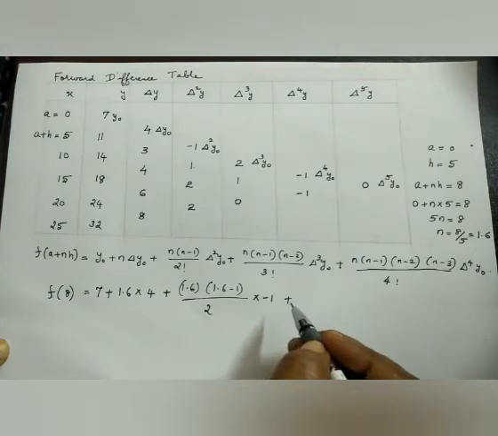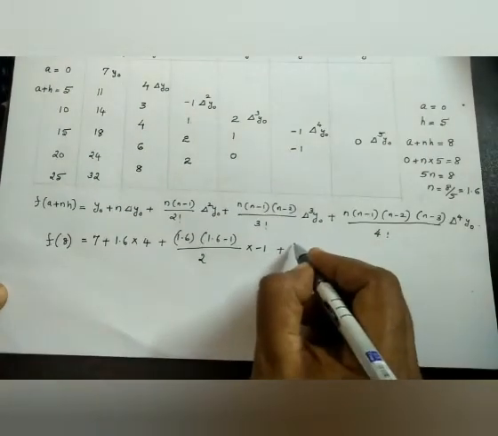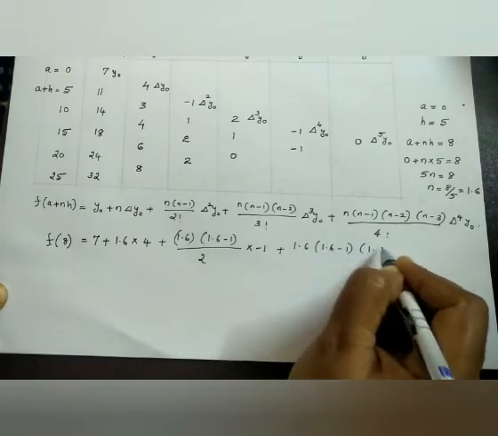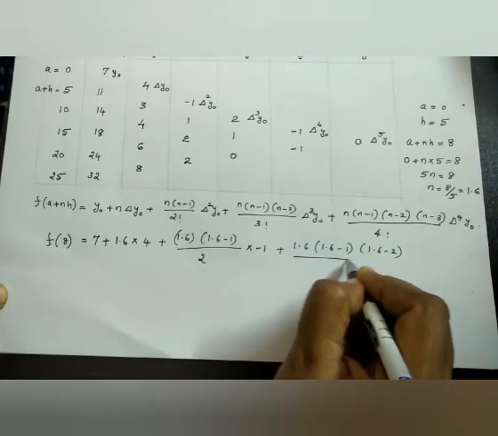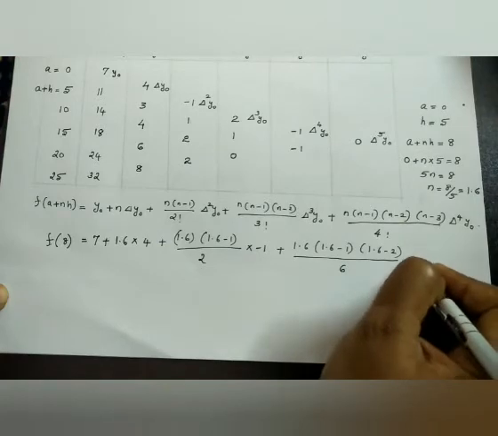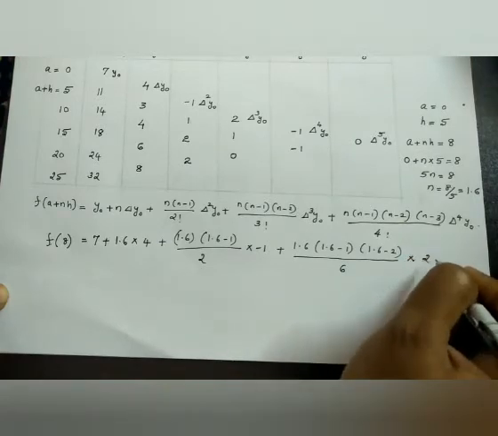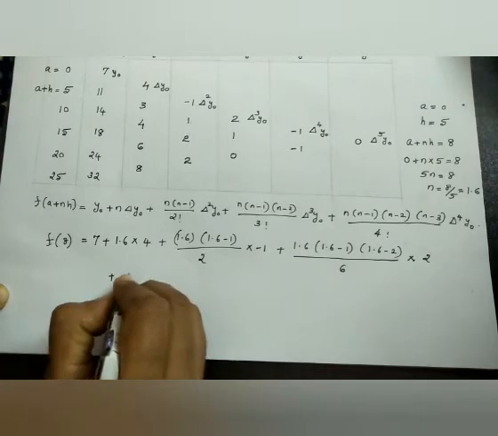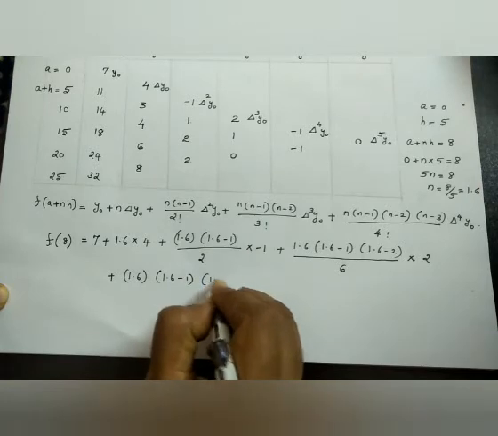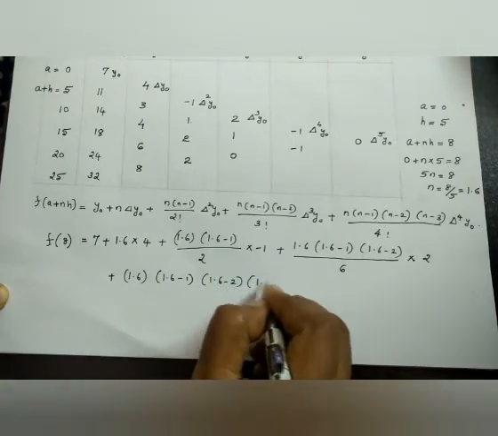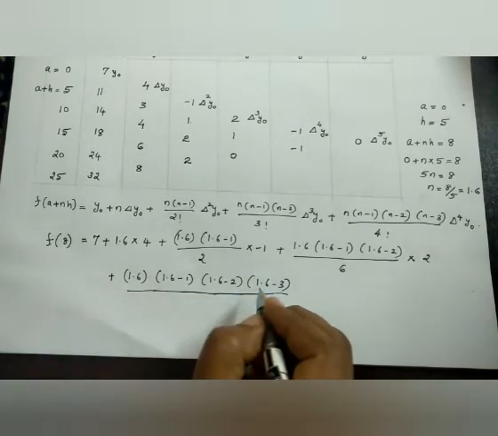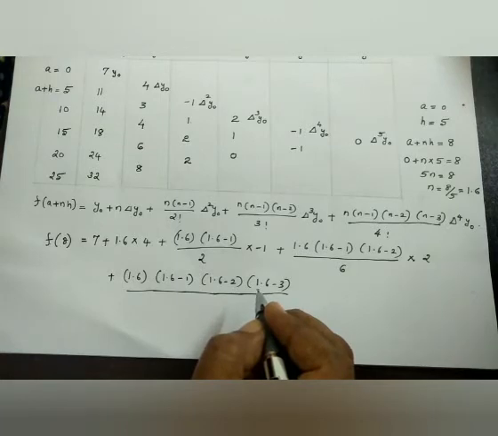Plus we have n is 1.6, 1.6 minus 1, 1.6 minus 2 divided by 3 factorial is 1 into 2 into 3, that is 6, into delta cube y naught is 2. Plus n into n minus 1, n minus 2, n minus 3 divided by 4 factorial, that is 1 into 2 into 3 into 4, that is 24,